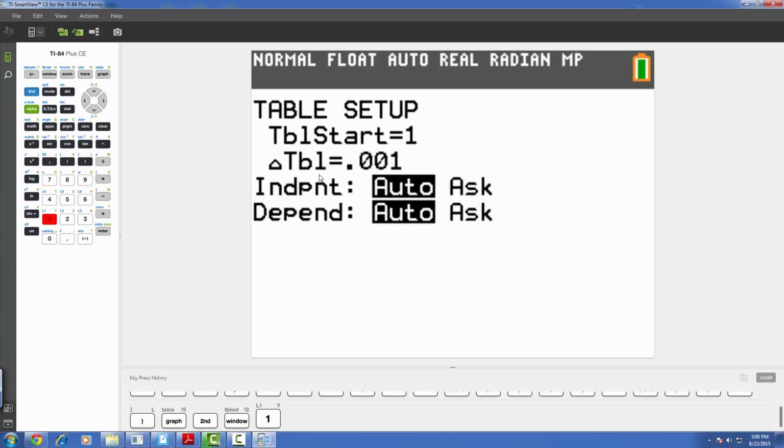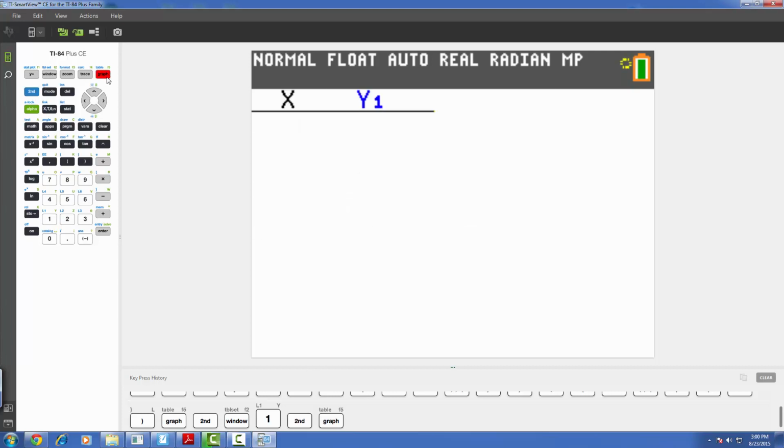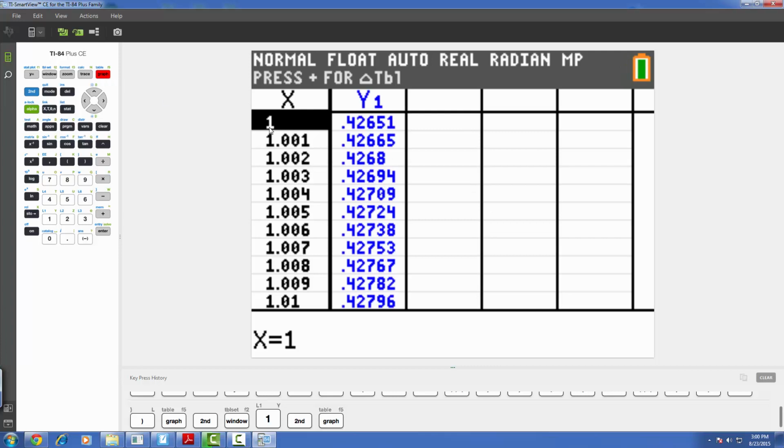I don't really care too much what my change in table is, just because we really only care about what's happening at 1. Then I'm going to hit second table. And our first value is 0.4265. Again, this is the only one we really care about. That limit is x approaching 1, not 1.001 or whatever. We only really care about what's happening at 1. And as a result, this is our limit,